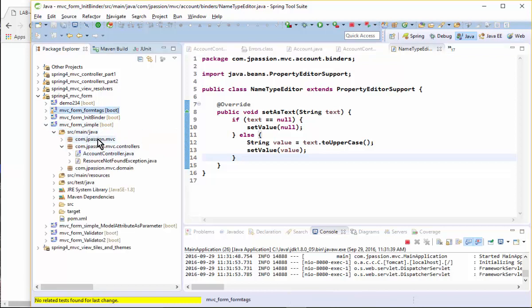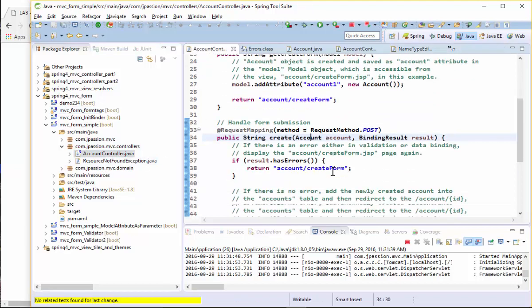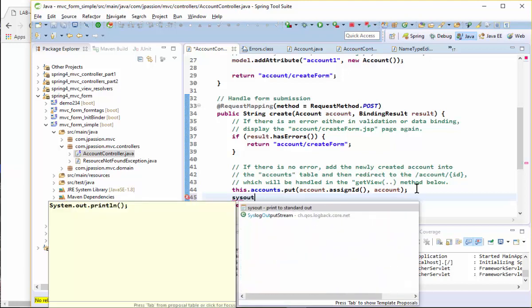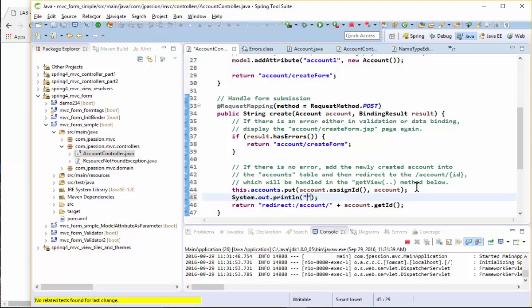I'm going to just choose MVC form simple, and you go to the controller. So here I'm going to put a system out message, and we're going to just see how many times it is called, and we also want to display the number of accounts that get created. Okay, so I'm going to just say